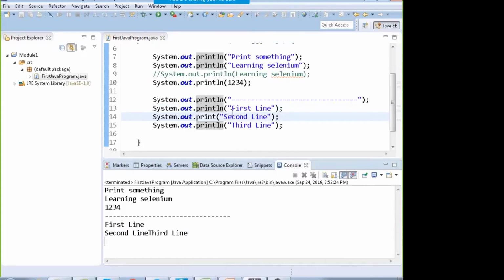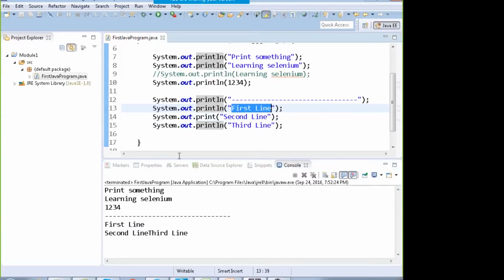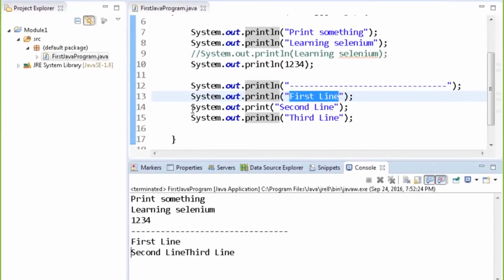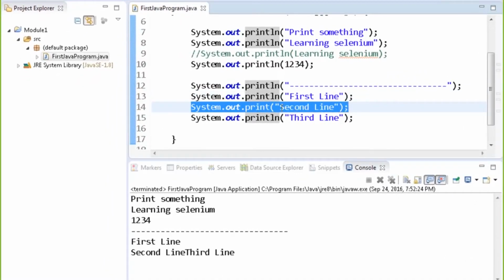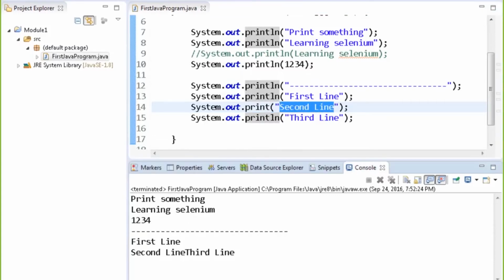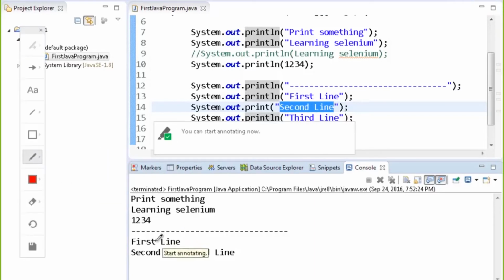So when the first line is printed, immediately after that the cursor moves to the next line, and System.out.print prints in the line and keeps the cursor on the same line. So when this line is printed, after that the cursor remains at this location. So when the third command line is fired, it is printed in the same line. So println will move the cursor to the new line after printing, and print will keep the cursor on the same line after printing.